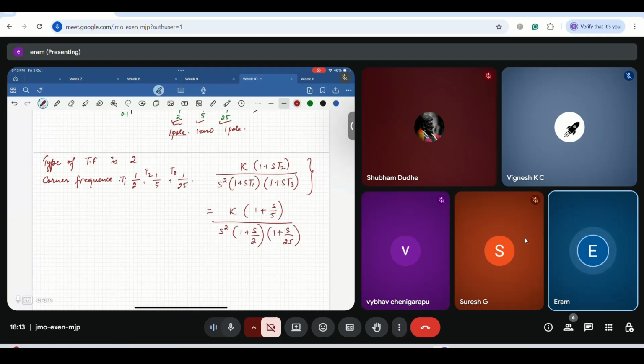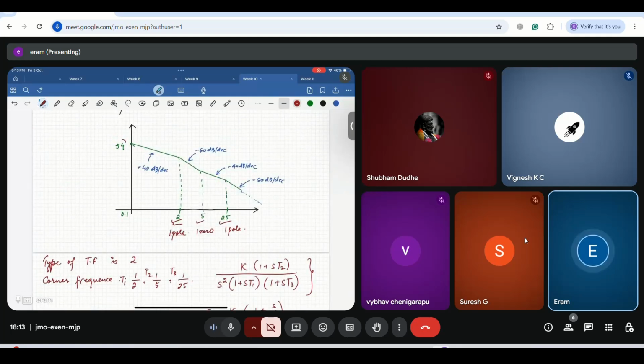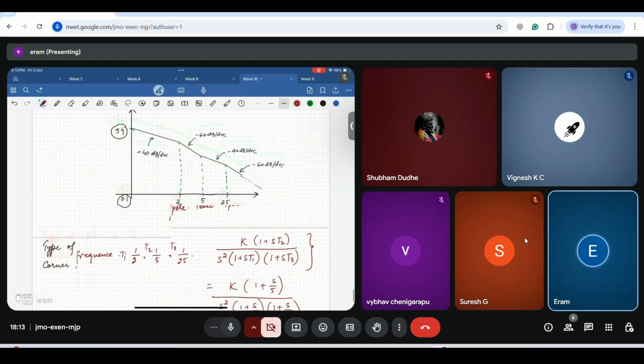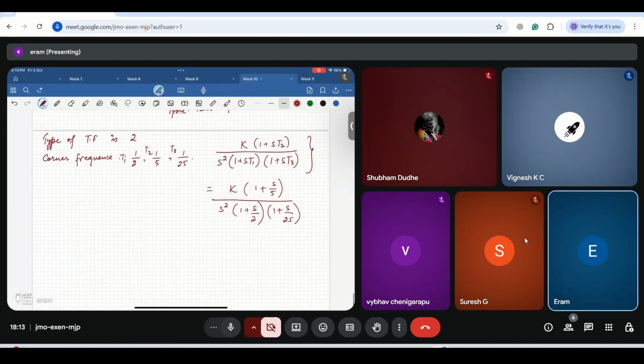Now the only thing left is to calculate K. How can we calculate K? By looking at the initial value, and the initial value is given at omega equals 0.1. So what can we write about the magnitude? The initial magnitude is given by